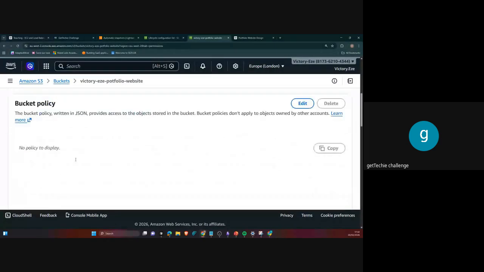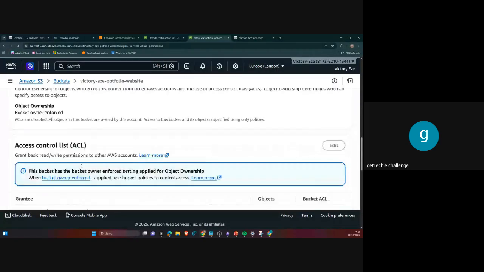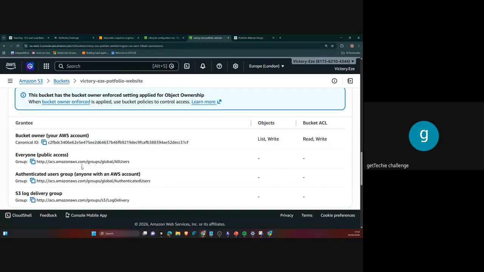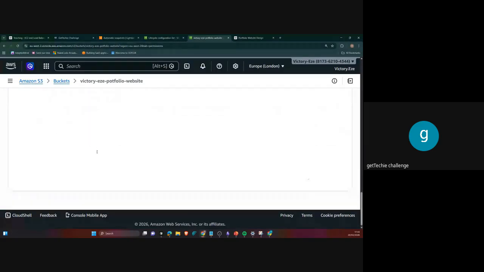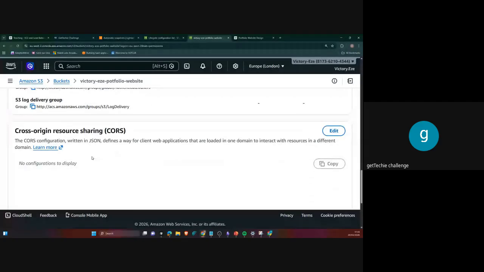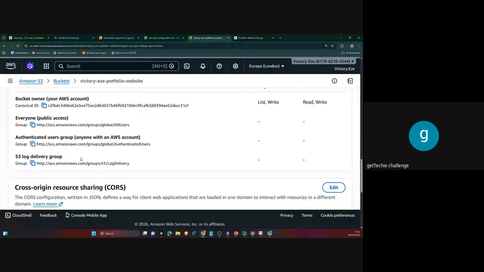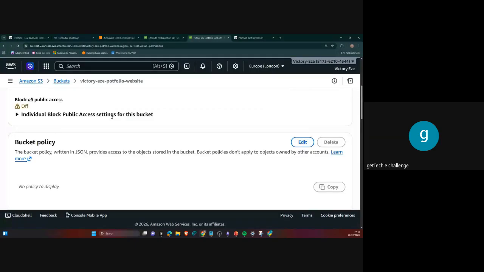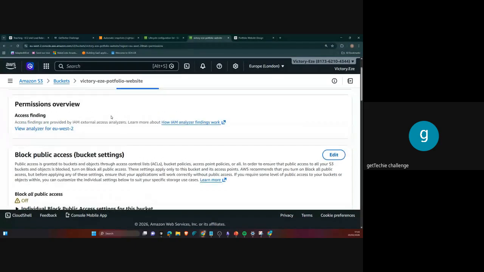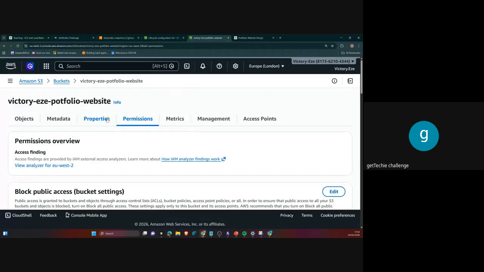Then we're also going to enable it to be a website. You see where we set up our cross origin? We can set that up here, and then we are able to get this bucket URL. So that being said, I want us to do it step by step: upload our objects and see what we have.